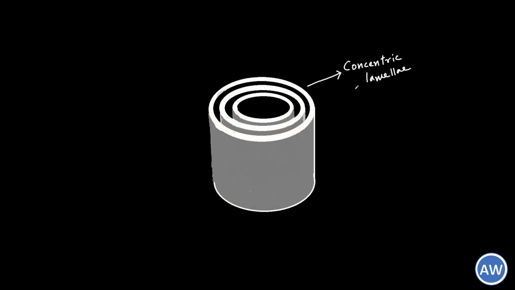Like the cancellous bone, the compact bone is also made up of the lamellae, but here the pattern is a little different. The bony lamellae here are arranged in the form of concentric rings. We can relate it to the stem of a banana tree, which is cut and shows a very similar concentric architecture. The concentric lamellae of the compact bone surround a central canal called the Haversian canal.